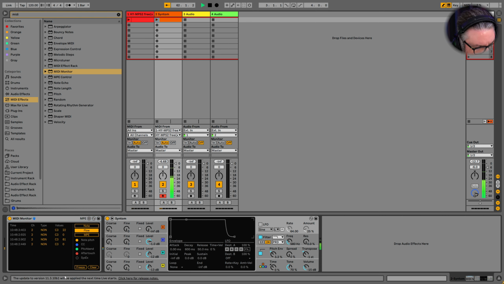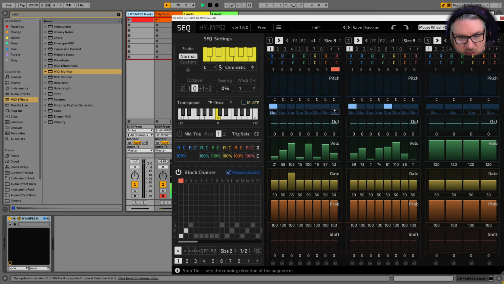Let's look at the flow. So it's coming in as C3. It's holding it down. And then it's note offing on the slur end. So as soon as it gets to this point, it notes off. Right?